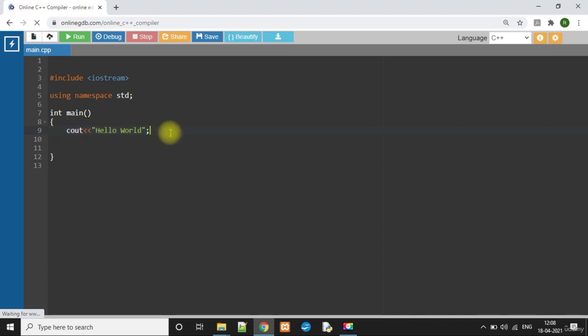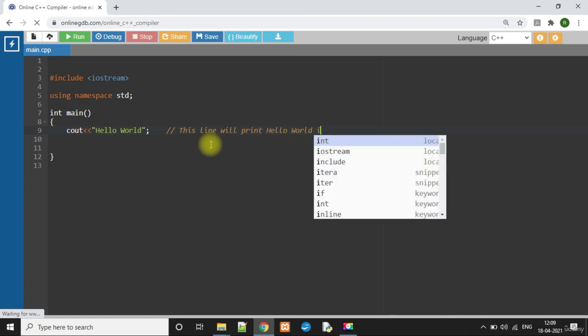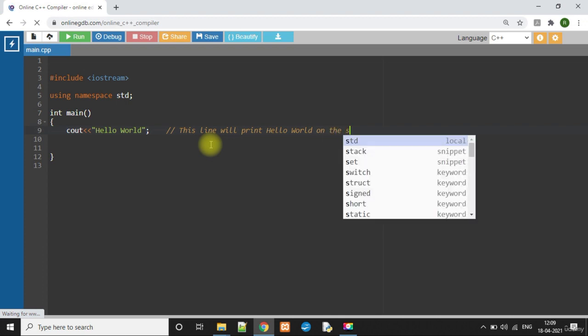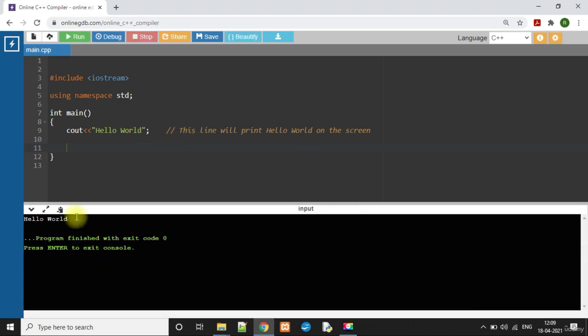So what we can do, we can bring the cursor here and type a double slash, and then write, this line will print hello world on the screen. So the programmer will understand that this line will print hello world on the screen, and when you try to run this code, this commented part will be excluded by the compiler, and only this hello